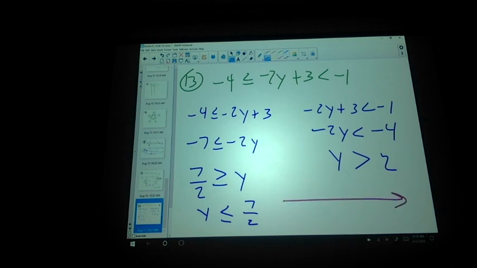So thinking about this number line, I have 0 here, I have 2 here. 7 over 2 is 3.5, right? All right, so I have a solid dot here. I have an open dot here, and we're shading in between them. So the interval notation on this one is going to go from rounded bracket 2, right, to 7 over 2